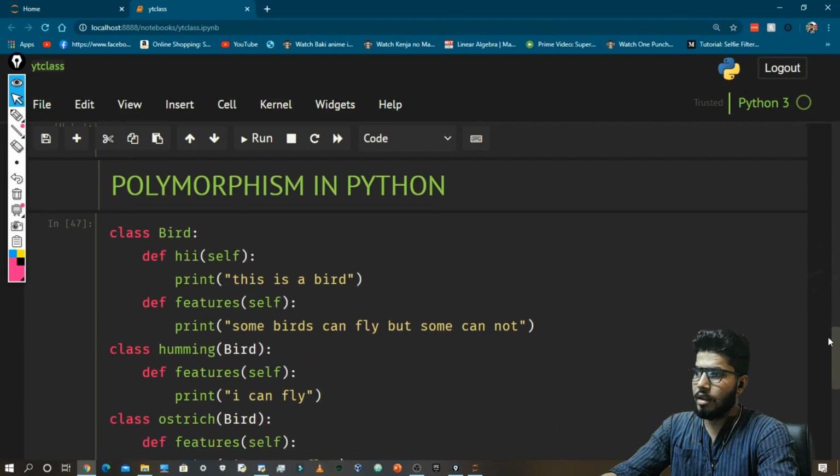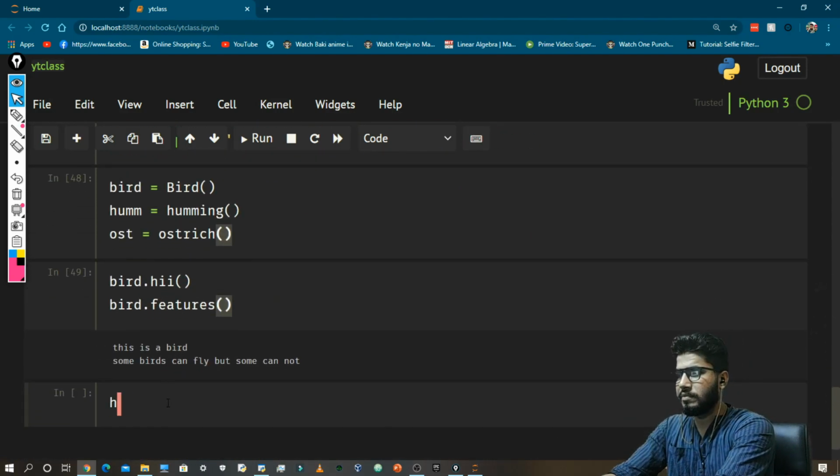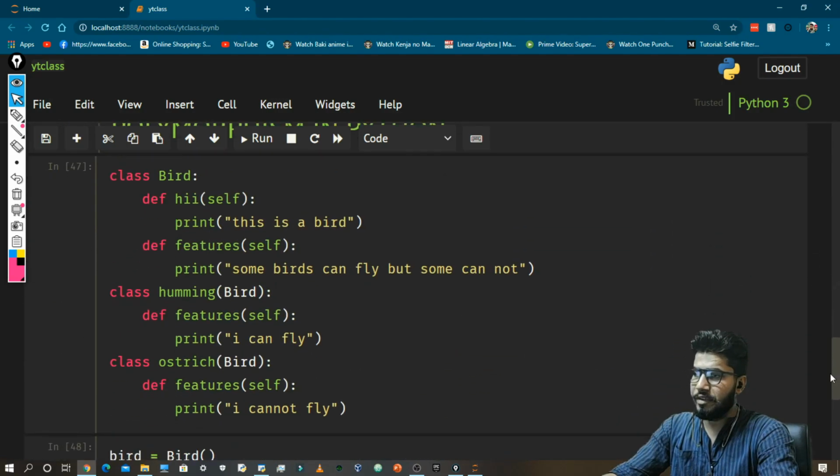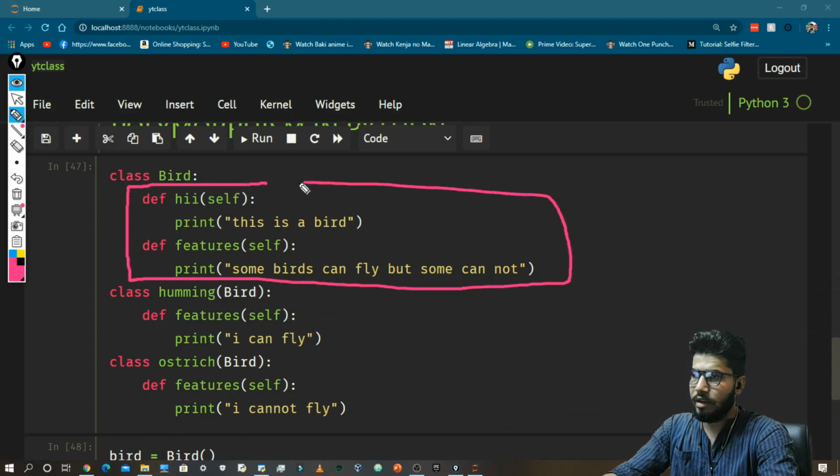Okay, now I will call those same functions using Humming. hum.hi. I can still use the hi function because we have inherited, and all the functions and variables in the Bird class are now available to the Humming class. So I can call the hi function using the Humming object.